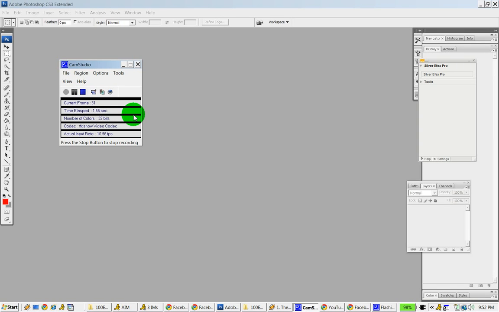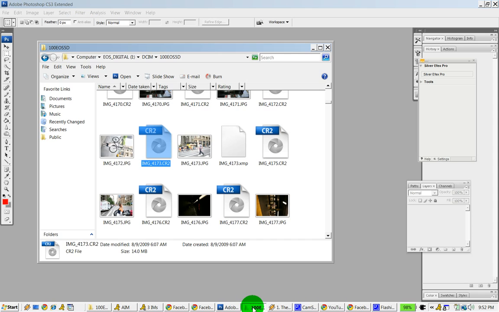Hey, this is Patrick, and I'm going to be doing a quick tutorial on how I edit my black and white images. So the first thing that you want to do is open up your file in Photoshop,